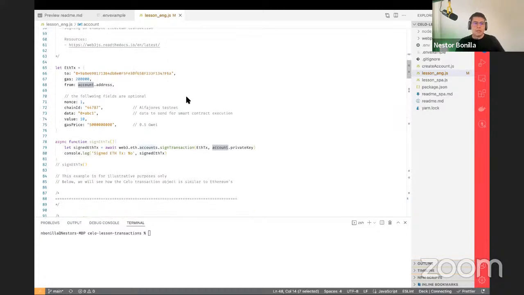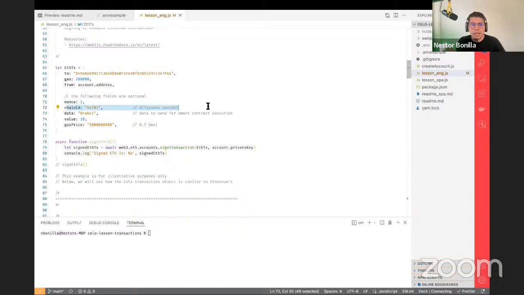And the first thing is we can see an Ethereum transaction. In this transaction, we are sending to this account, which is a random account, from the account that we already created, using the chain ID. The chain ID is the ID for every chain.